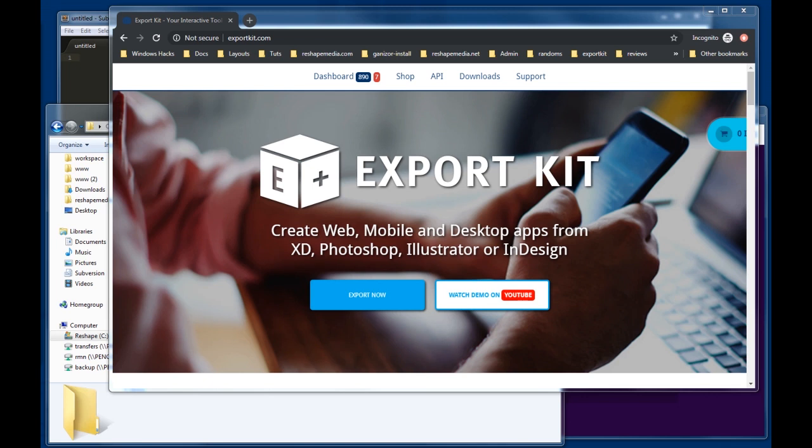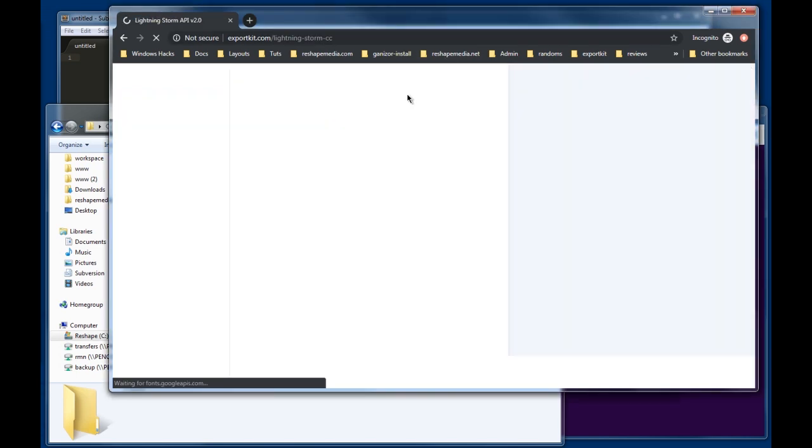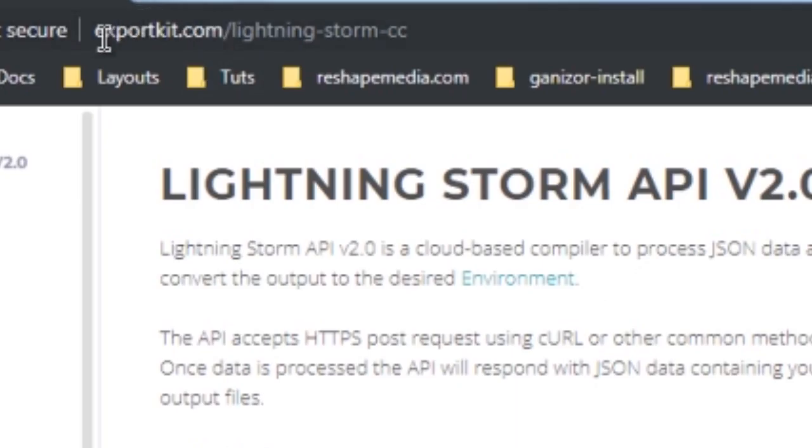In this example, I'm going to demonstrate how to install the API and begin your first export. This will basically just show you how to test it and get started with it. So when we visit the site, we're just going to simply go to API. That's the link, or you can visit exportkit.com/lightningstormcc. Well, to be specific,